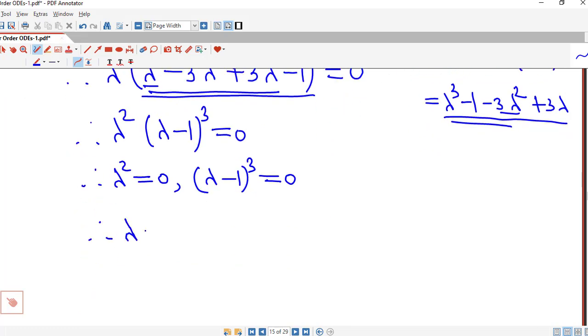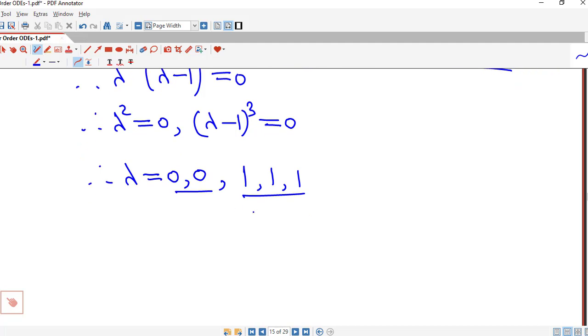So therefore lambda is 0, and 0 is repeated 2 times, and lambda equal to 1 is repeated 3 times. So this is the case of equal roots and real also. So therefore the general solution is